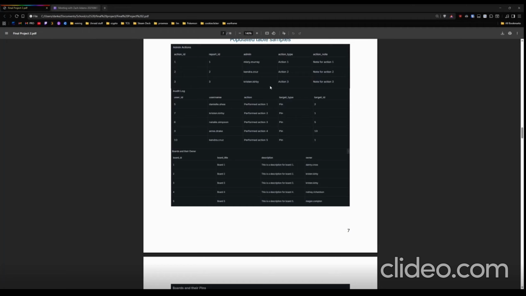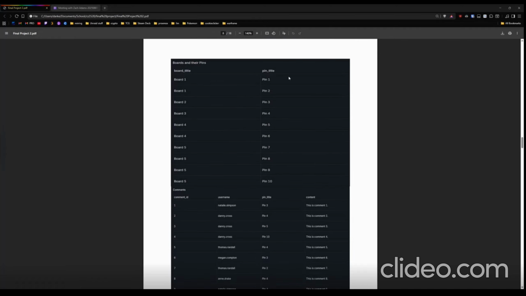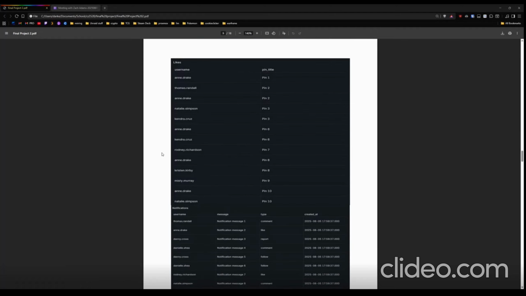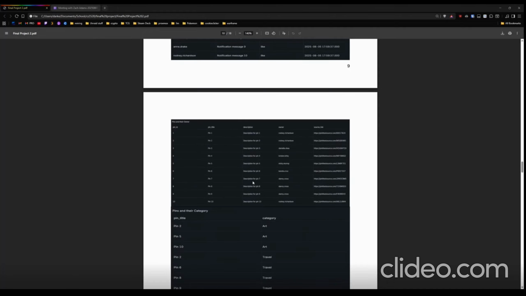And then we had to run a bunch of test queries to make sure that all of the relationships between them worked. An example of that would be showing the board and their pins, to make sure that the pins are actually showing up on a board or that a comment is actually showing up on the correct pin or stuff like that. And everything didn't work at first, but we were able to get it adjusted and working so that everything is showing up in the way it should be.